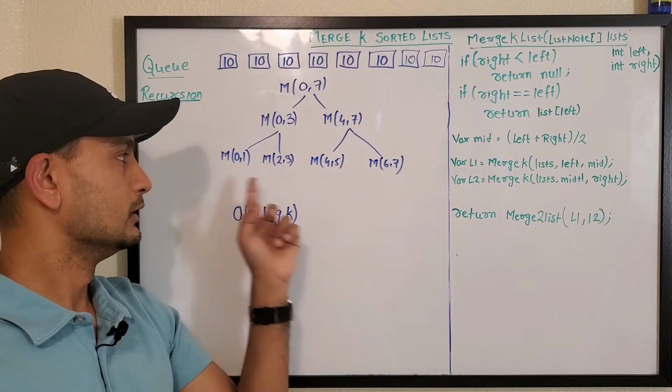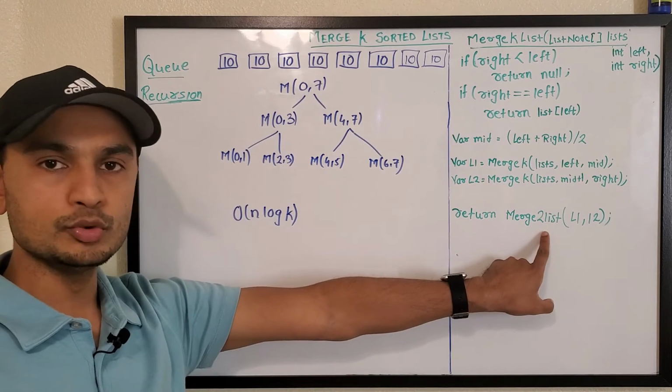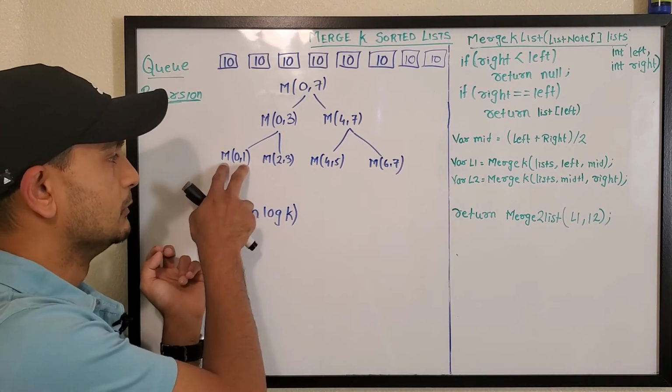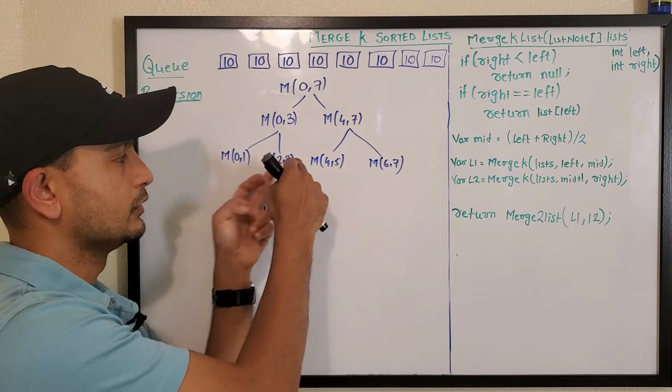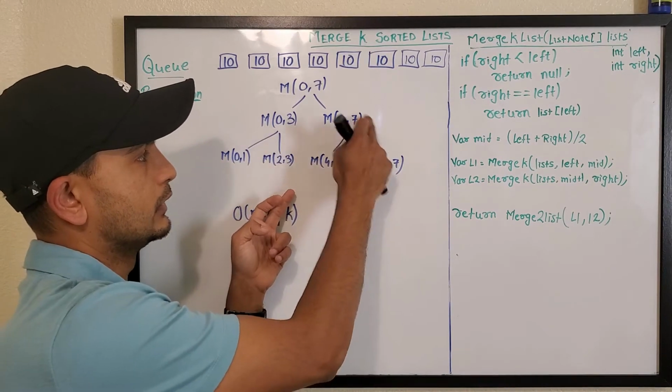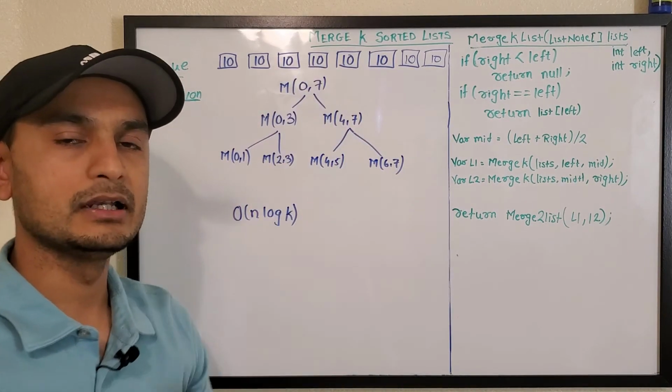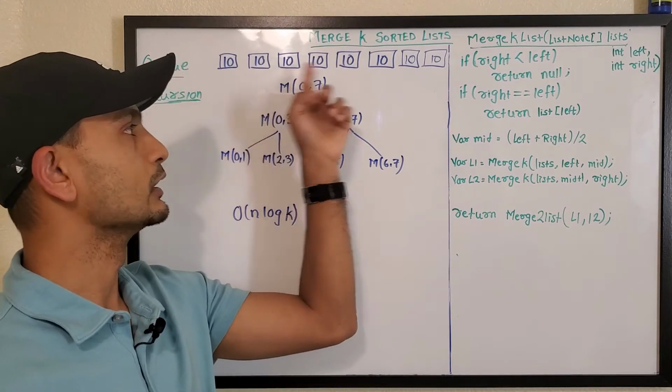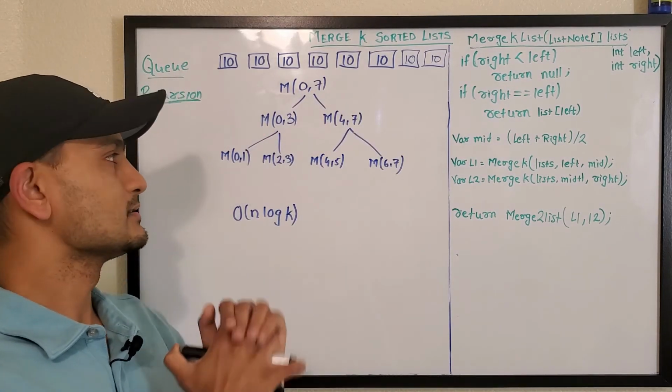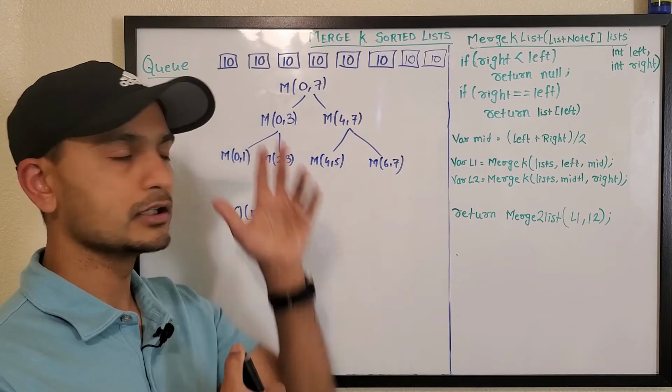Now these will actually call merge 2 list. So this will merge 2 list, return 1 list. This will merge 2 list, return 1 list, and likewise we'll have one final merge list, which will be all the 80 elements. So this is exactly similar to what we discussed earlier in the queue approach,